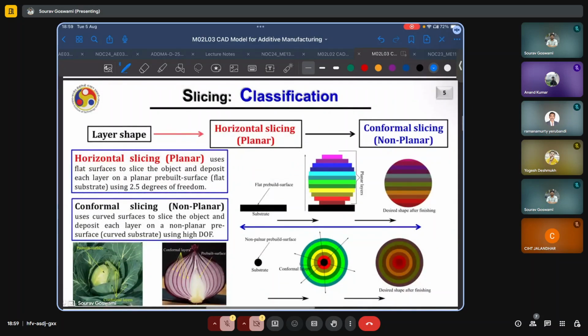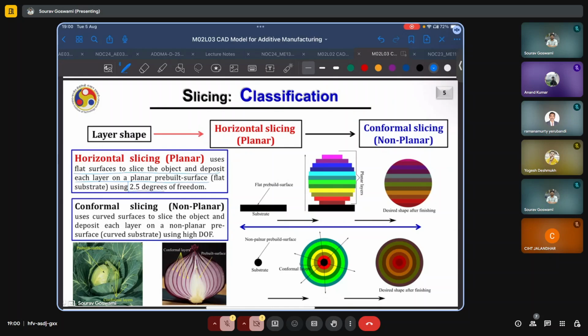Now, another type of classification can be based on what type of layer you are choosing to work with, because a layer can be horizontal or it can be conformal. The most common case that we typically encounter is, of course, horizontal or planar slicing, which uses planes or flat surfaces to slice the object and deposit each layer on a planar pre-built surface, such as this flat substrate shown here,